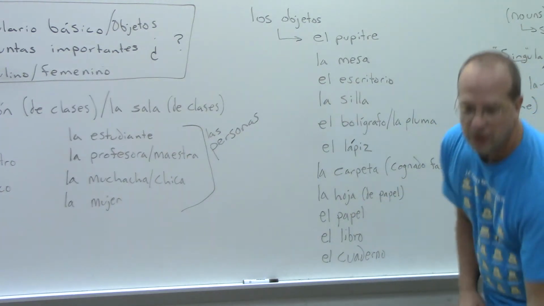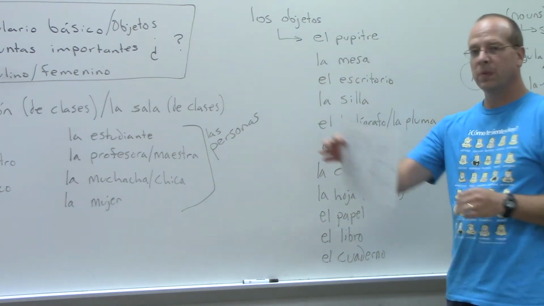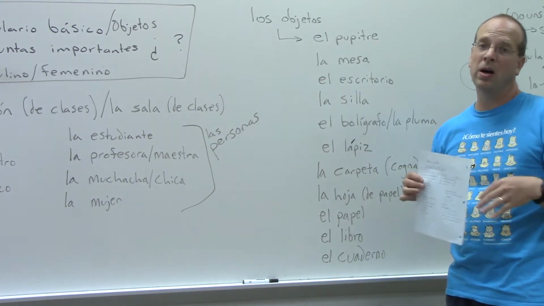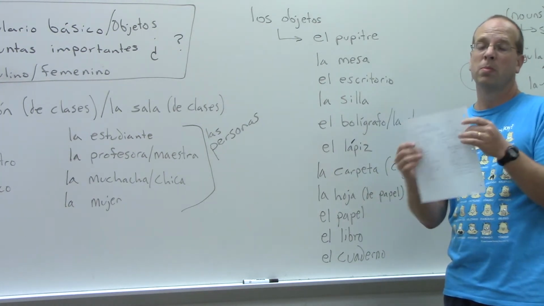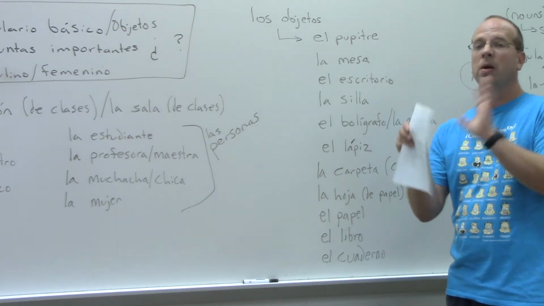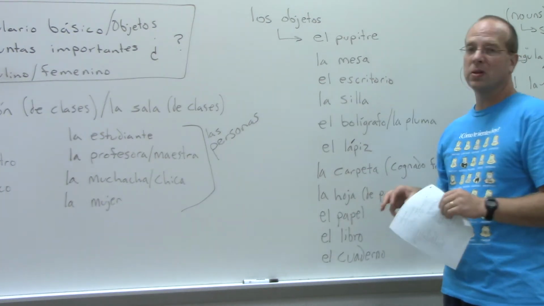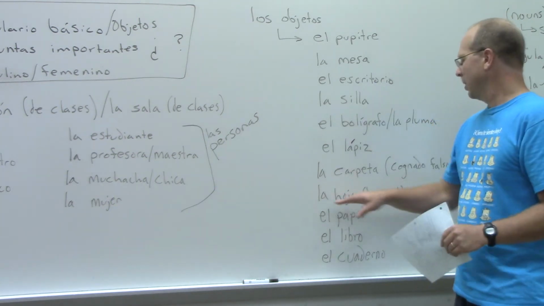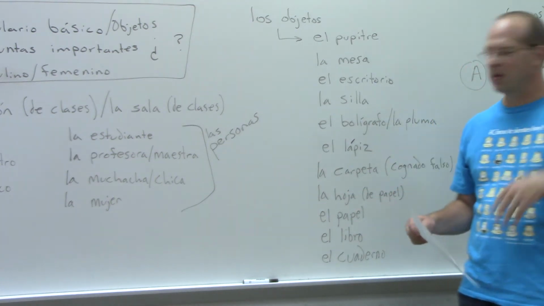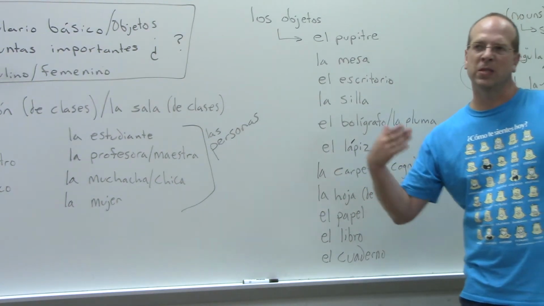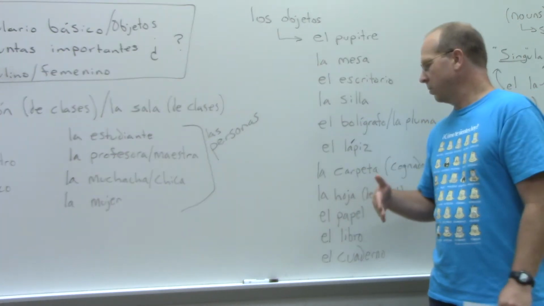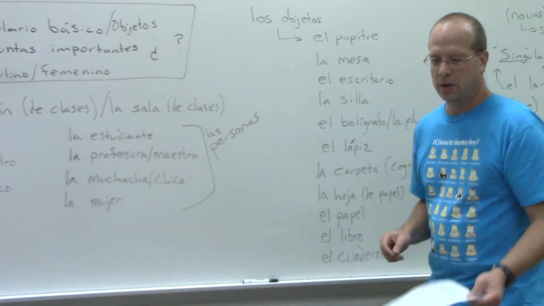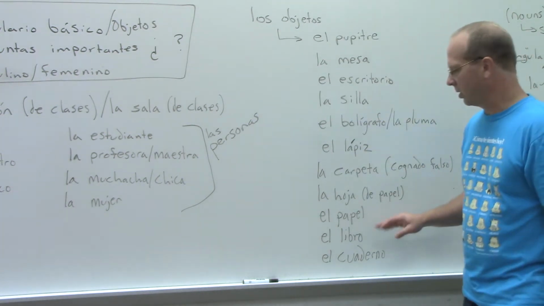Okay. Then we have la hoja de papel. Now, one thing to remember, when I say hoja, that usually means both sides, because it's a sheet of paper that's both sides, okay? Or you could say el papel, and then most people think, oh, just papers. So, la hoja de papel, el papel, it's the same thing, but most people, like if a teacher gives you a worksheet, they'll probably call it una hoja, and then if they have loose leaf paper like this, or lined paper, they'll call it el papel.